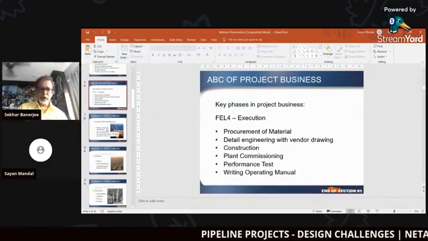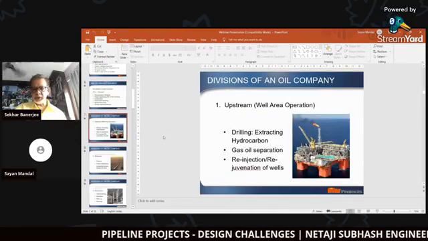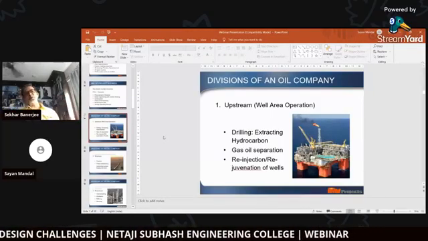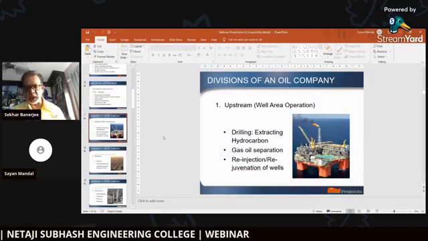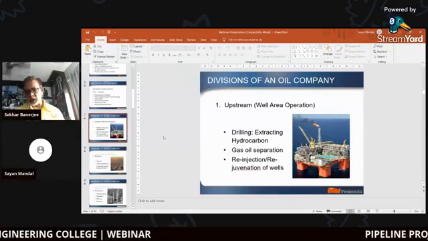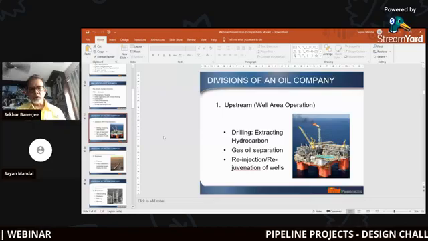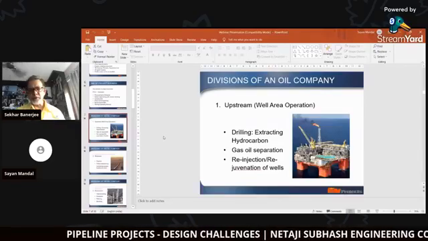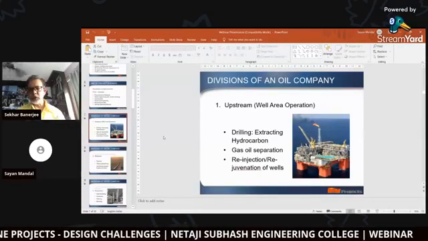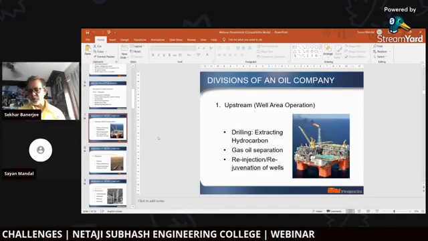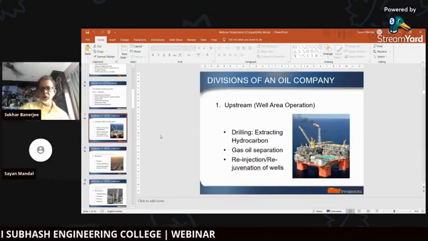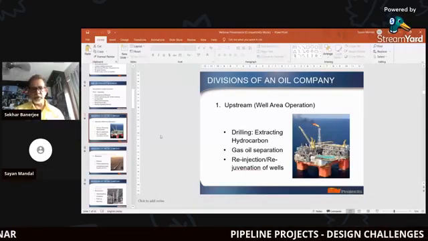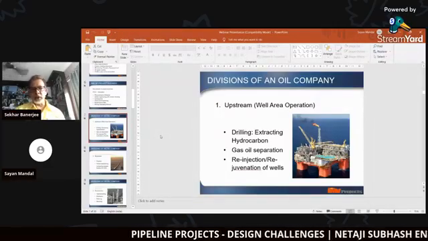Now, next I'm trying to introduce you to the oil companies. How do they operate? Now, in an oil company, see, oil is not produced the way we put it in our car. We get crude oil from the earth. Now, there are various divisions of an oil company. We have upstream, midstream, and downstream. Now, let's start with the first one, upstream. When you're looking at the picture, you probably know what it is. ONGC has a similar offshore oil rig. We extract oil hydrocarbon from the ground,